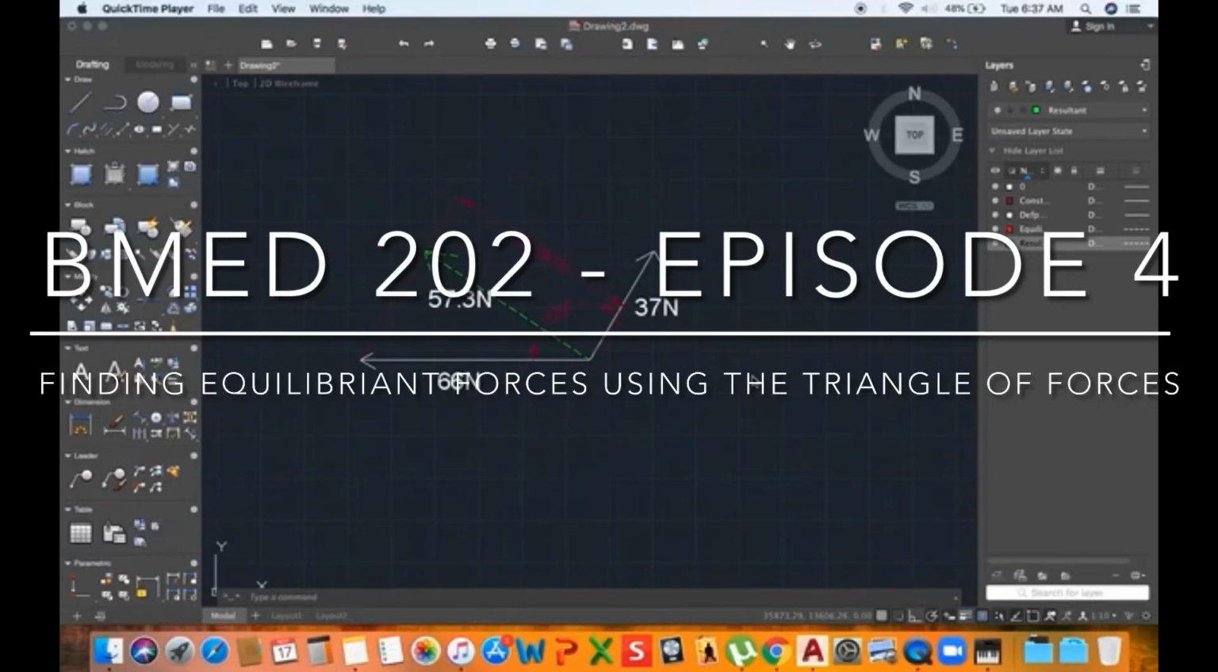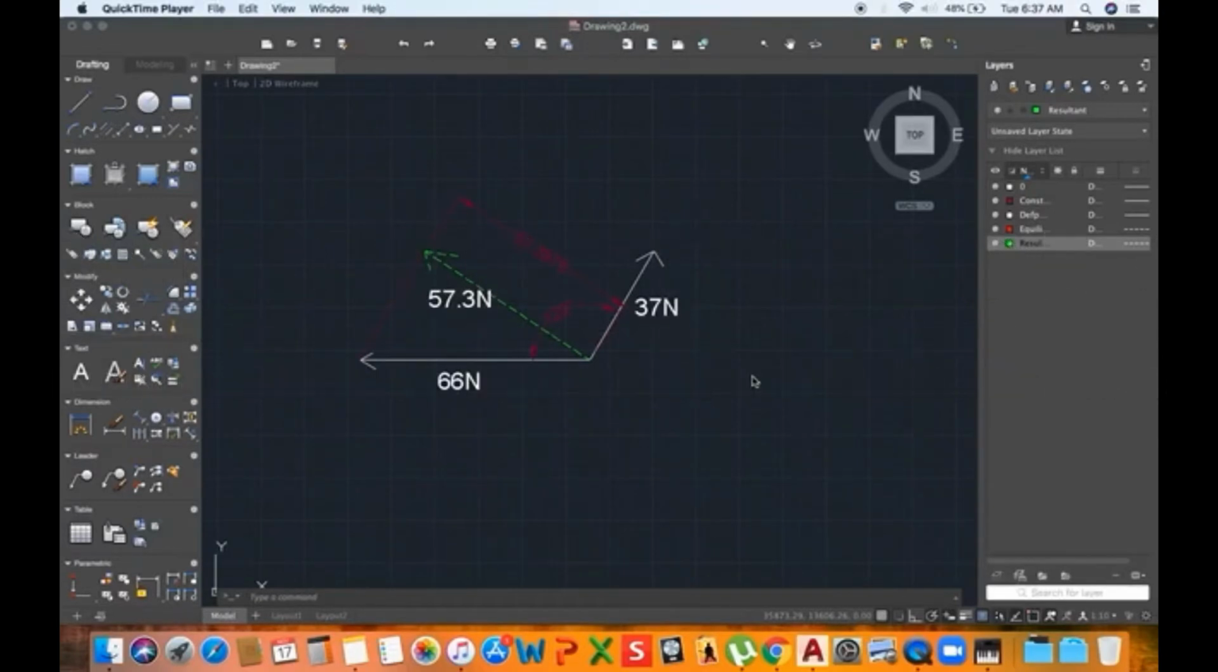In the last video, we looked at solving for resultant forces using the parallelogram of forces. Now, for that video, that method can be used regardless of the two forces, the directions, and the magnitudes. Now we are going to look at the triangle of forces and how we can use that graphical method to